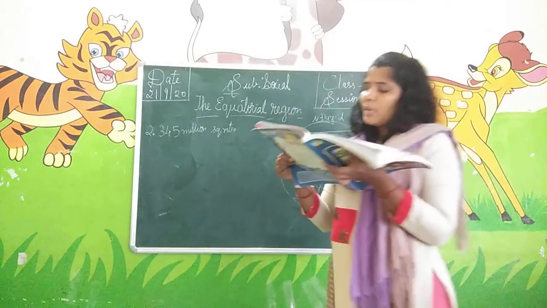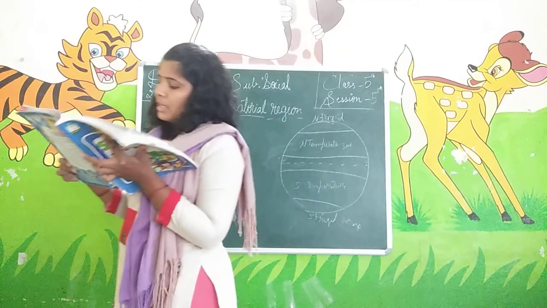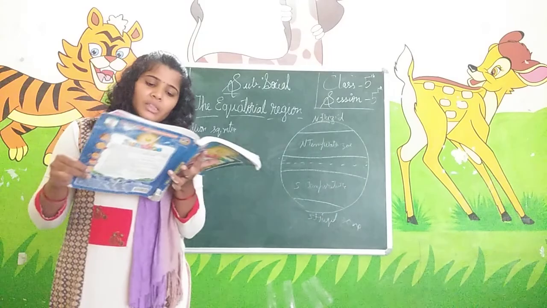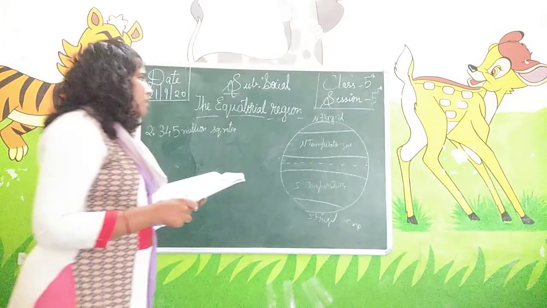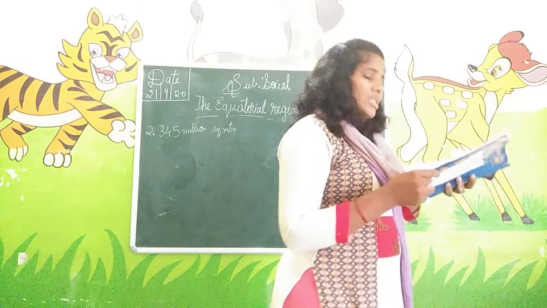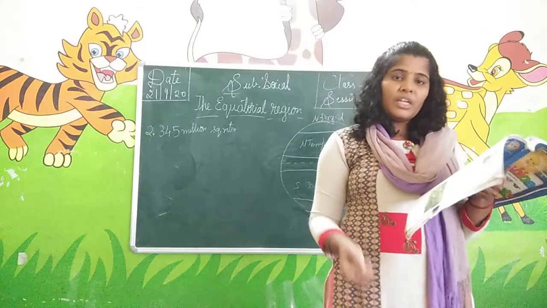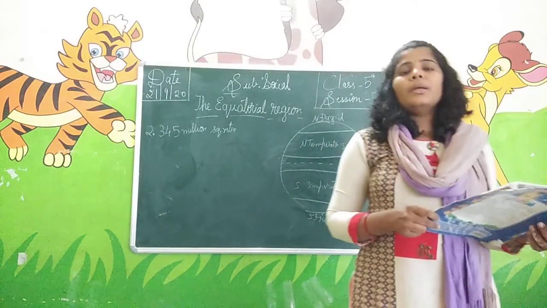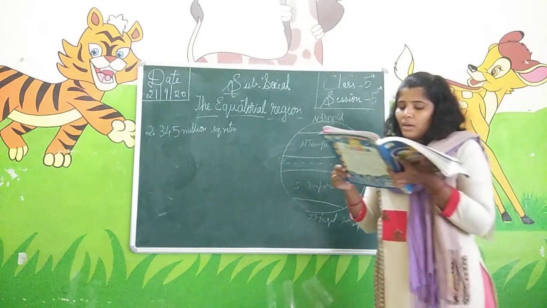The Democratic Republic of Congo lies in the torrid zone and has a tropical climate. The region experiences rainfall throughout the year with high temperatures. This region has no winter season. In the torrid zone, the climate is very hot and humid, with very high temperature, and it always rains there. So there is no winter season. They have only summer season and rainy season.